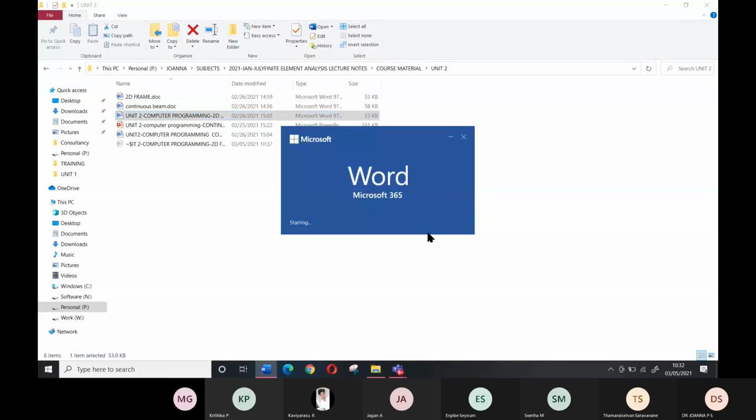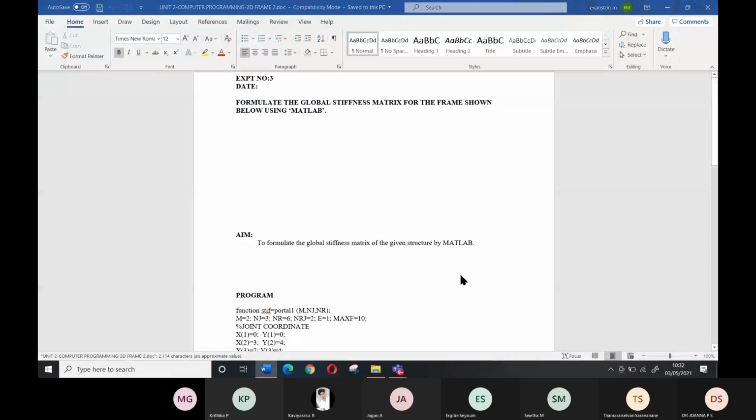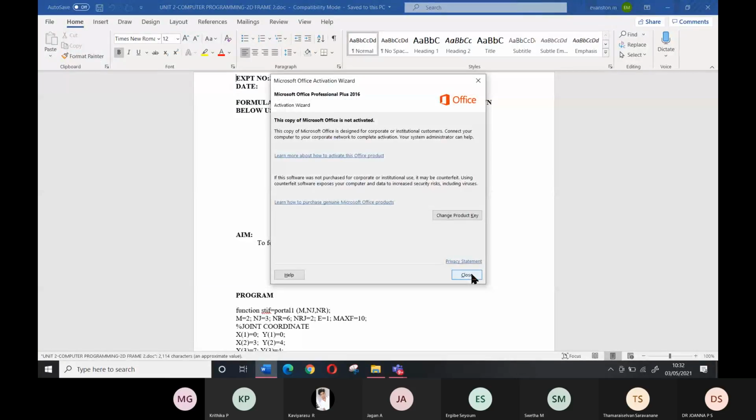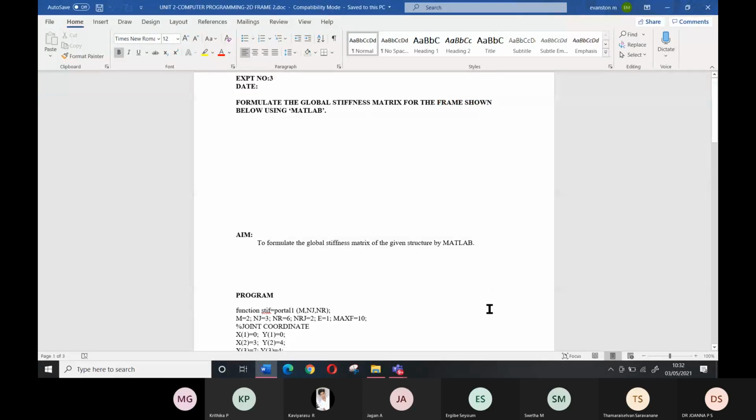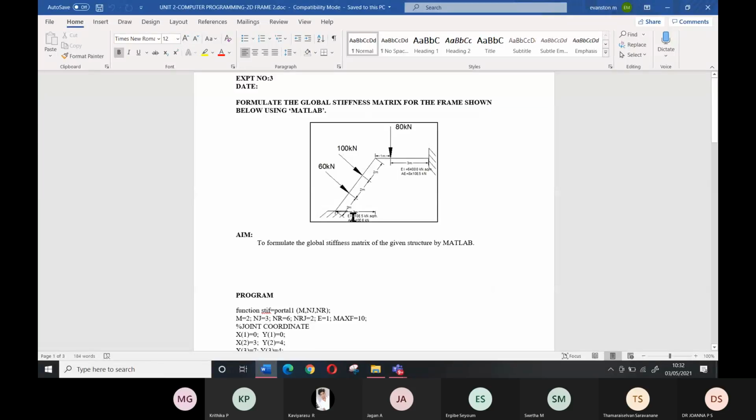So here the possible questions are, I will ask you to compute. For example, if I give the number of members and the number of joints, then what is the possible degree of freedom of a joint, number of joints, all these things. Suppose if we take this problem, what is the degree of freedom? For this structure, degree of freedom is only 3.